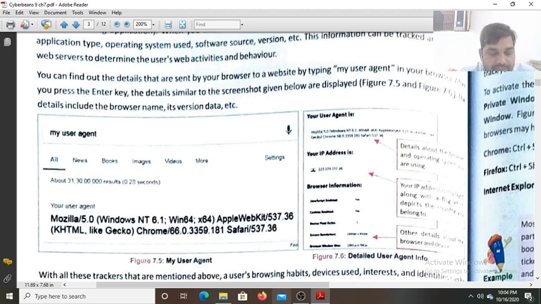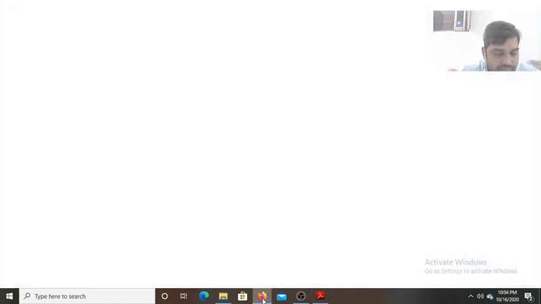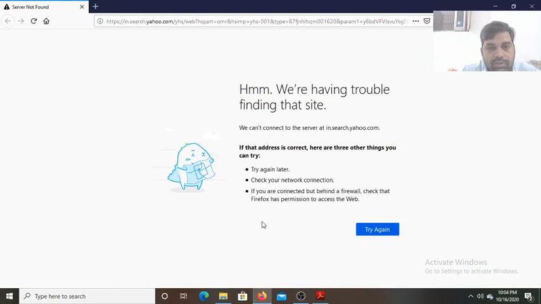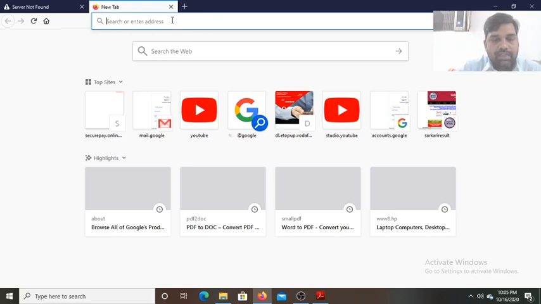Now what we have to do is, let me show you by typing this in the Mozilla Firefox browser. There is no internet connection. Let me write here whether it is working or not: my user agent.